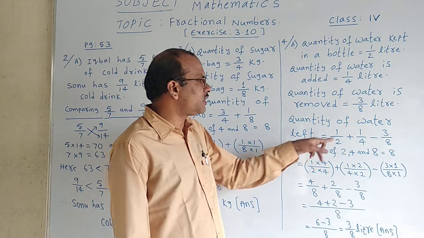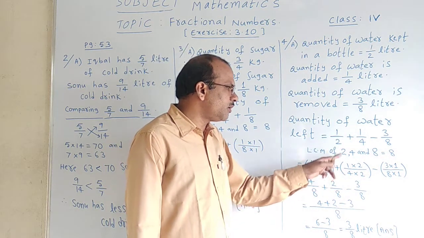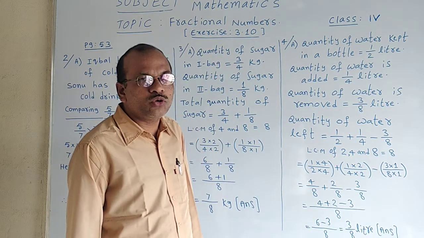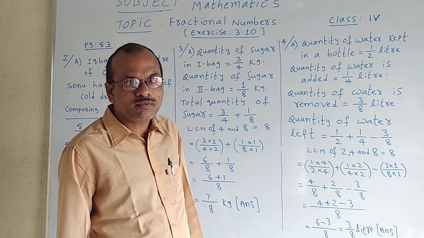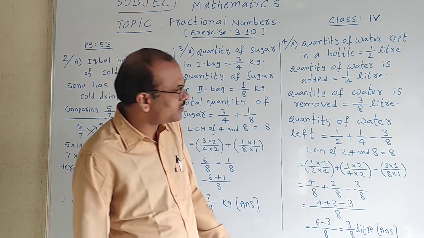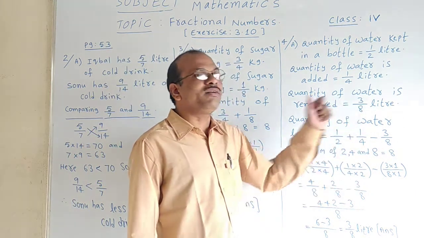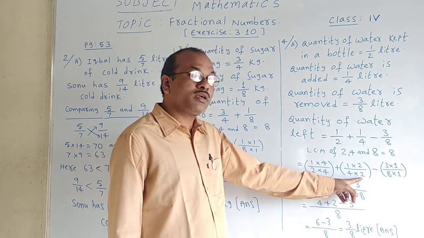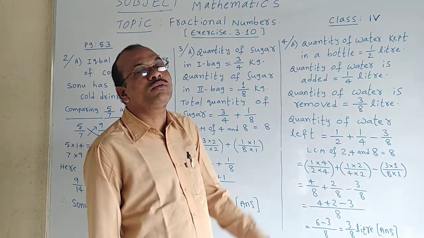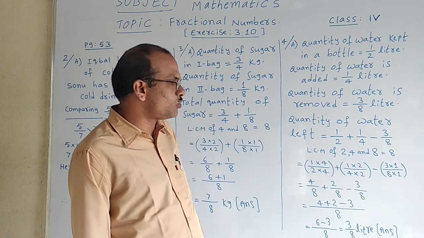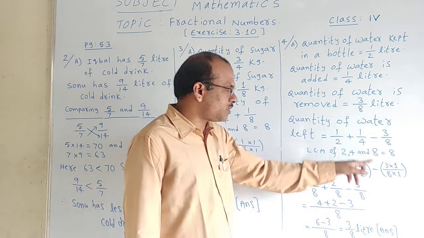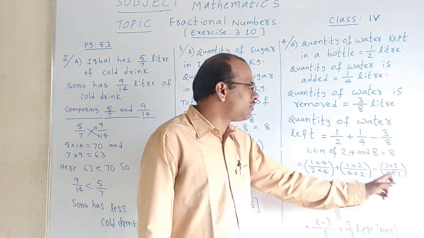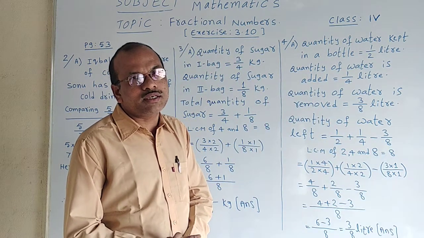In the same way for the second one with plus symbol, 1 by 4 is multiplied by 2 by 2. Do you know why I should select 2 by 2? Yes, because 4 2s are our LCM 8. That's why 2 by 2. Whenever 2 is required in the denominator, the same 2 we have to write in the numerator also. Afterwards, minus symbol, 3 by 8 into 1 by 1, because 8 ones are 8. That is clear for you.